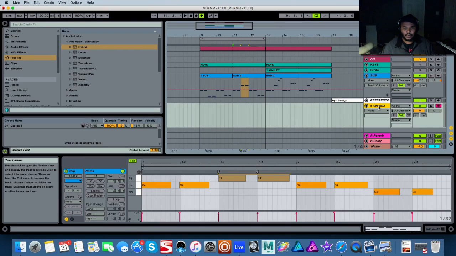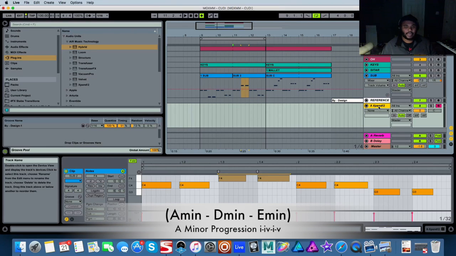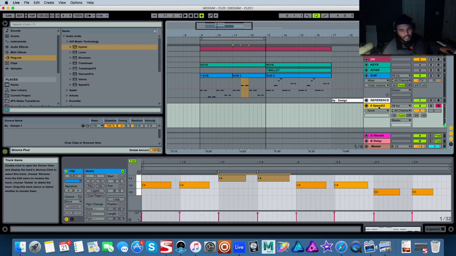What he's doing on the chords is he's in the key of A minor, and he's using a 1-4-5 progression, which are all minor chords. So I believe it's A, D, and E minor. So he's playing something like this. But like I said earlier, he's stacking up his chords, so it might even be higher than mine. He might be